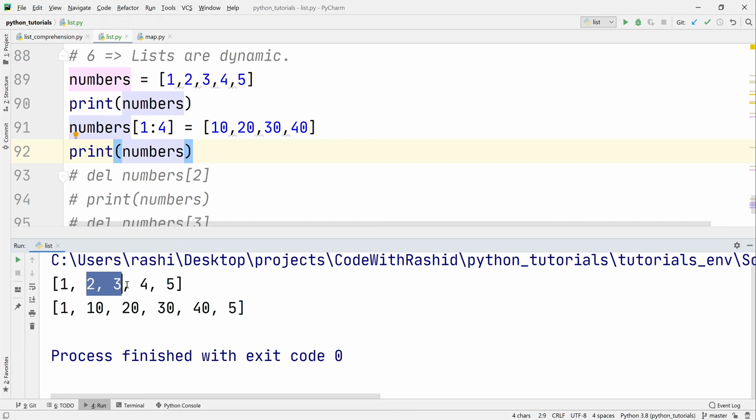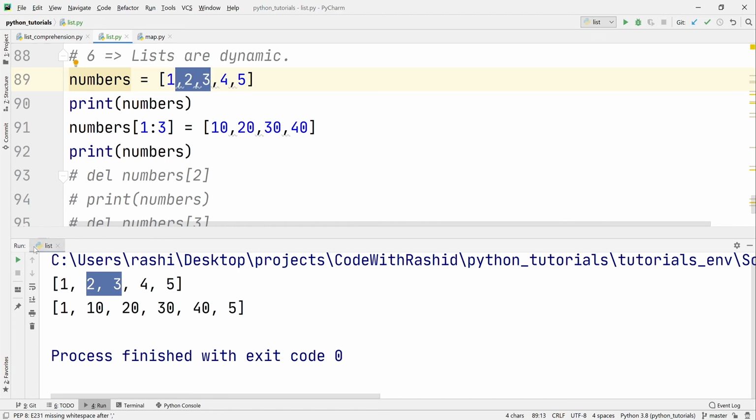Okay, it's removing from index 1 to 3, 1, 2 and 3. Yeah, so we need to specify 3 here. Okay, so if we want to replace only these two numbers, we need to define, okay, remove index start from 1, and before index 3 replace these two values.